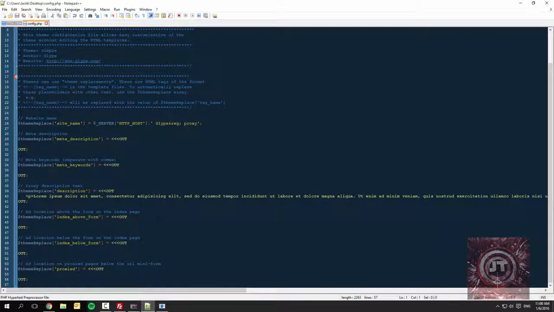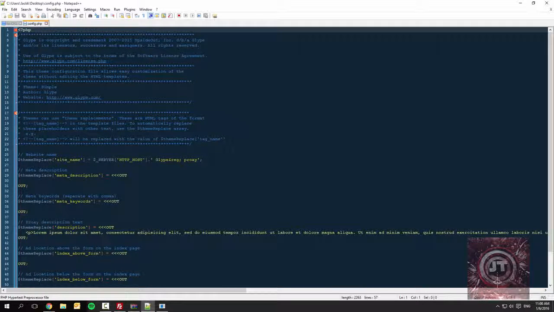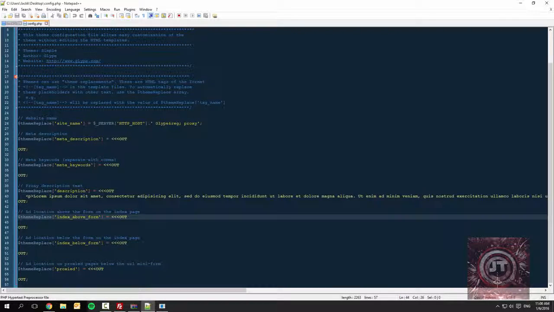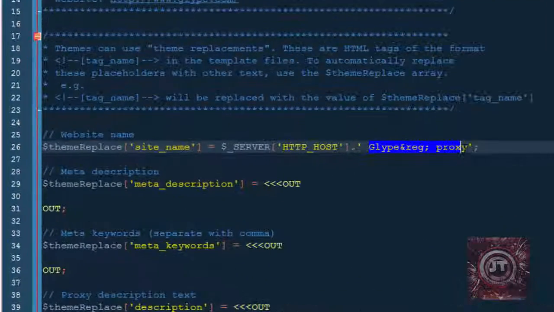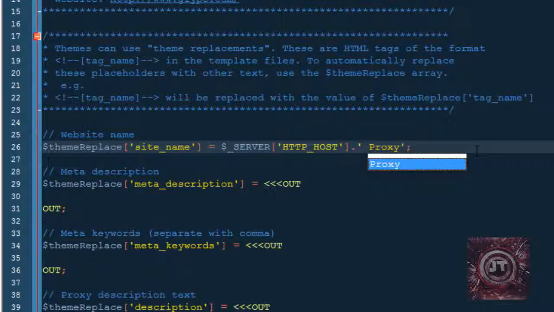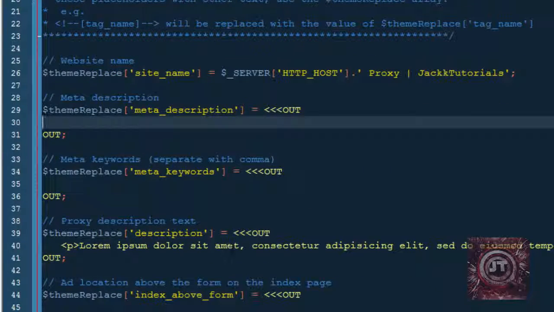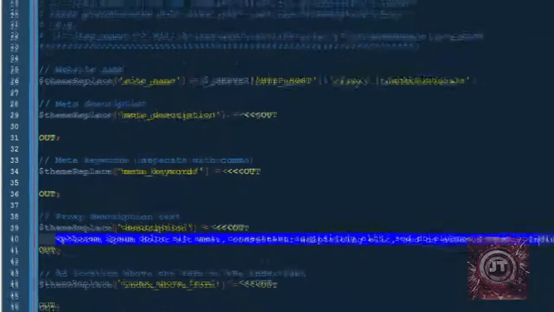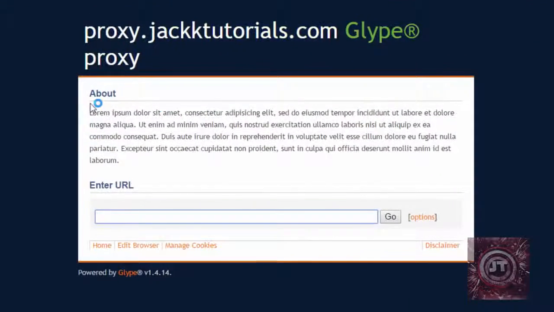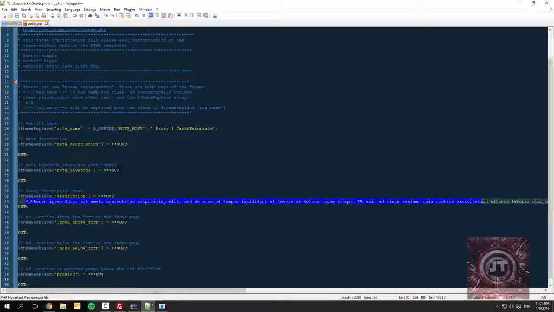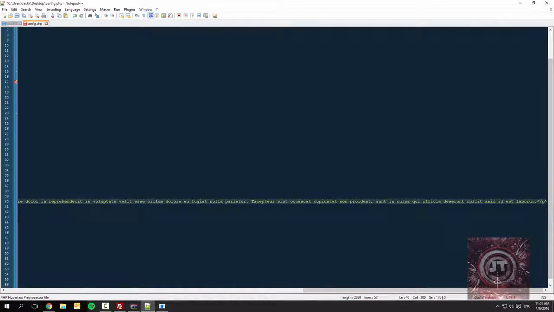So you can see here we can change some stuff. We've got our site name, meta description, meta keywords, description, index above form, and index below form, and proxied. So we can change this to check tutorial. No, we'll just do this instead because it's neater, because this is still going to be live when this video goes up. So we can actually change this information as well. So this is the description text, which is here. So we'll change that information